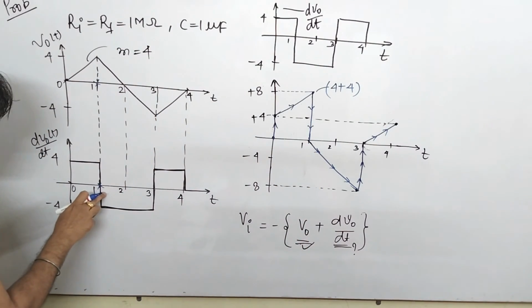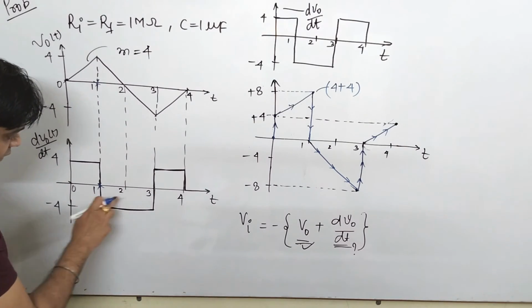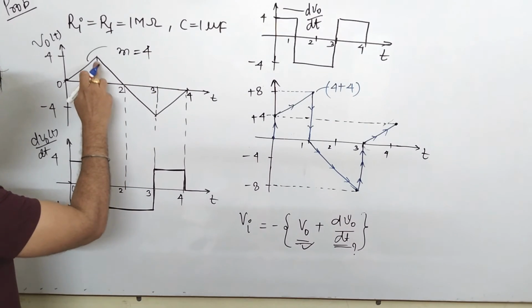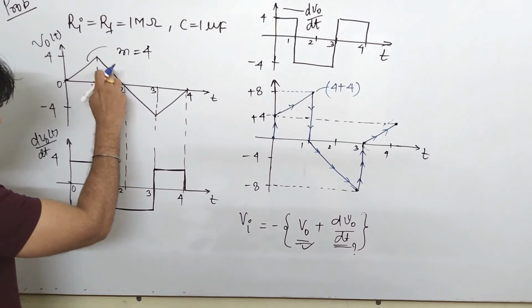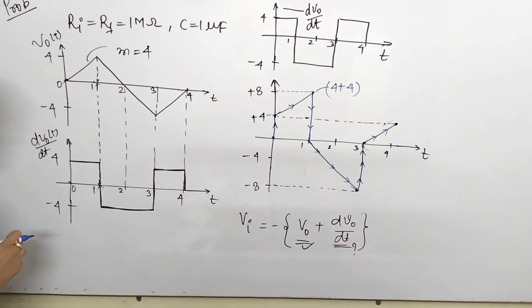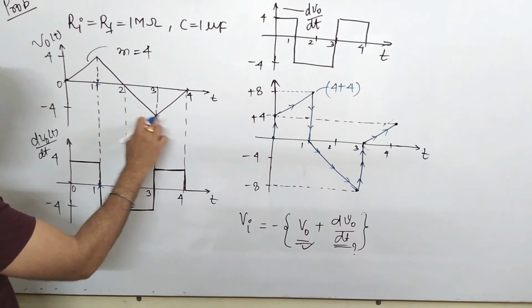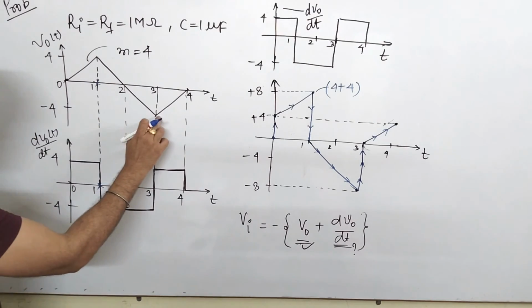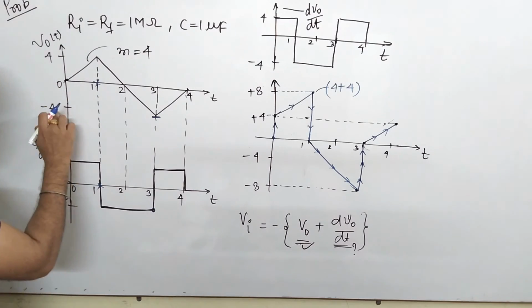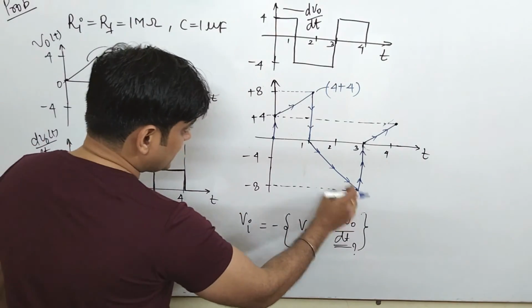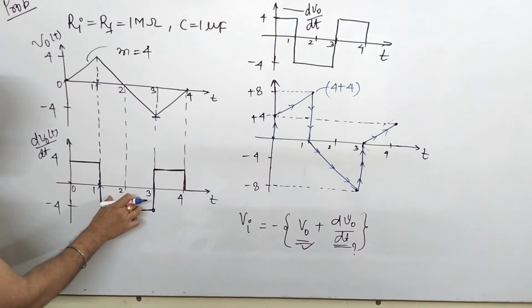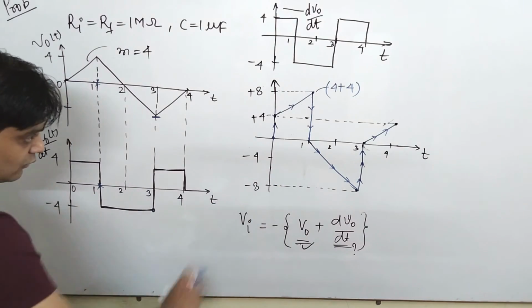Why? Because when you go from 1 to 3, you will see this is constant as minus 4, and from 1 to 3, first it is moving in this fashion up to 2, and then from 2 to 3 it is moving in this fashion. Okay, so what will happen? This maximum value again will be the addition of this negative value and this negative value. So how much is it? Minus 4, so that comes to be minus 8. So from here this signal will fall in this manner from 1 to 3. From 1 to 3 this comes to be how much? It is minus 8.